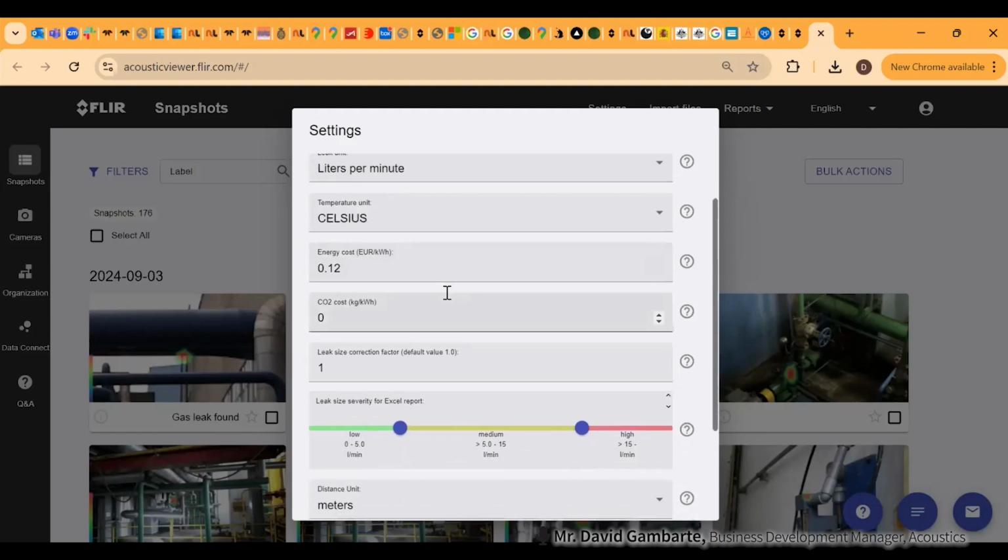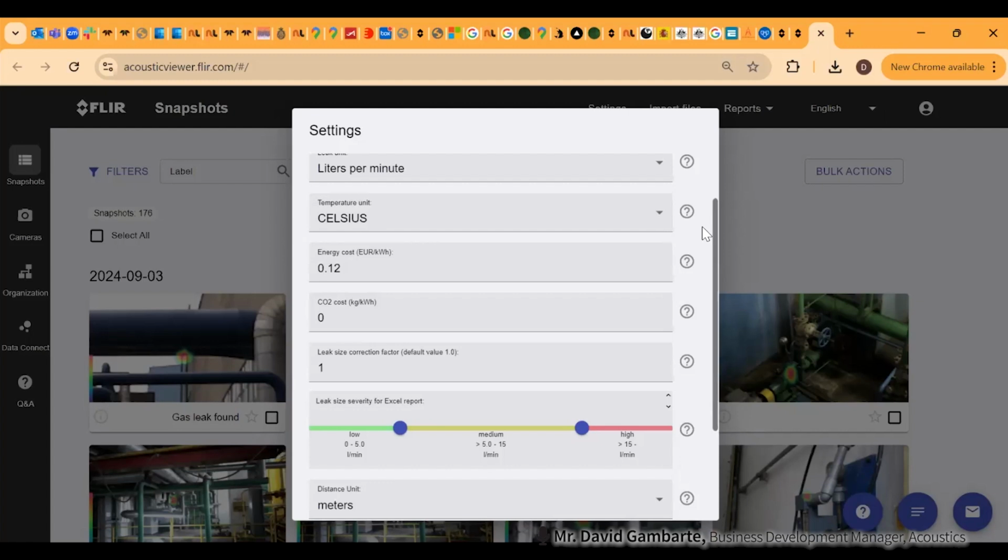Energy cost. This is very local, organizational. So the cost of the energy, this is more related to the compressor. So you have your own cost of production of compressed air. Please visit this. Also, you can do it in the camera naturally to get the calculations on the screen. Visit this because it's very, very important to have good calculations on the leak cost in compressor leaks.